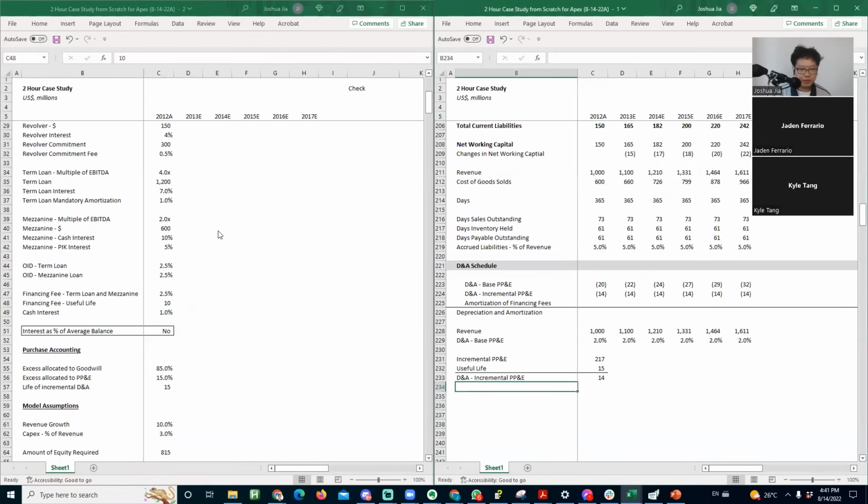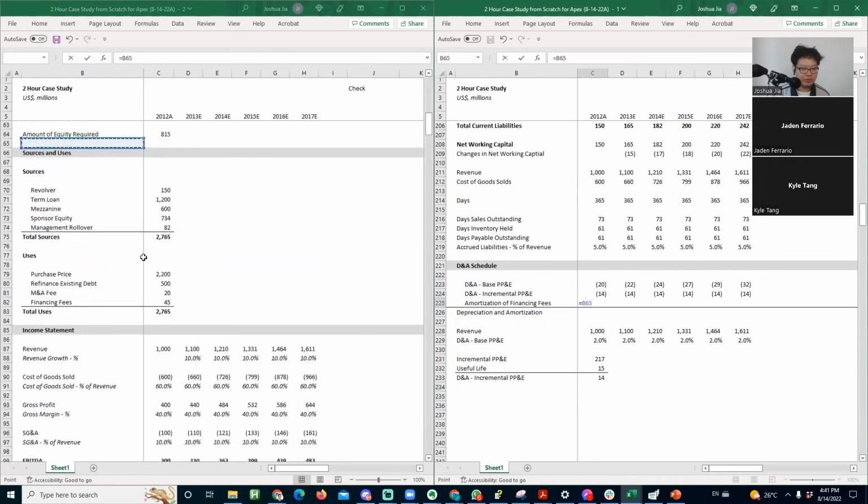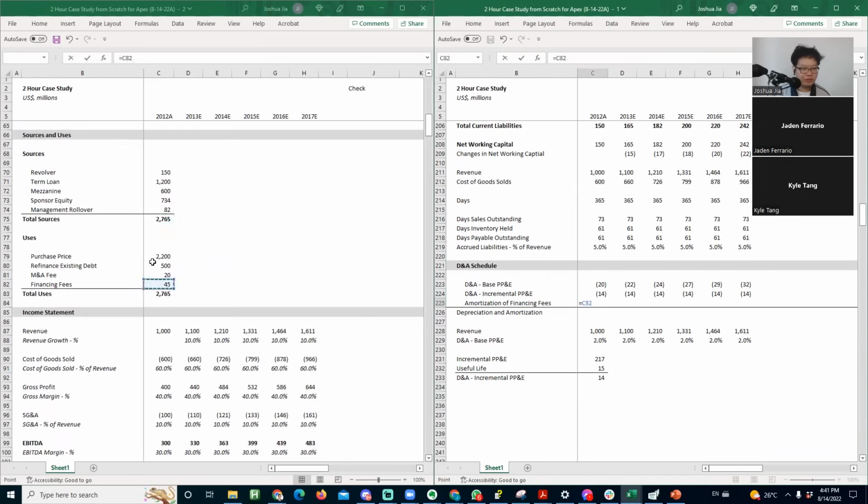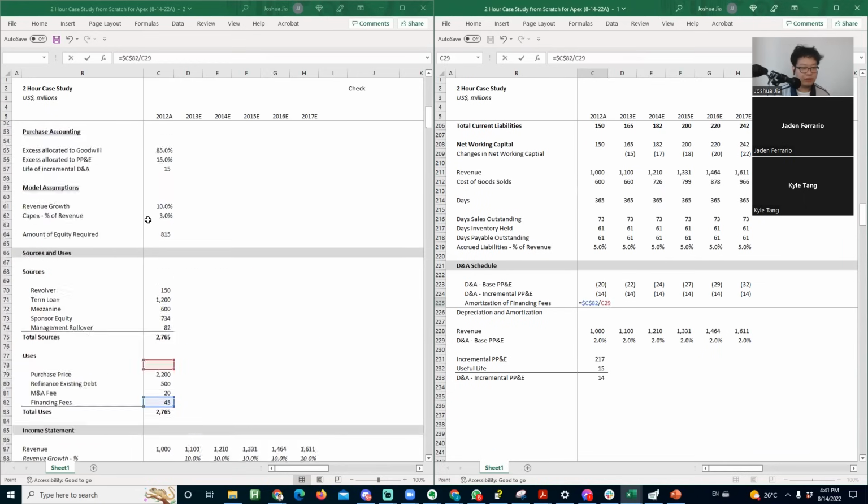Okay, so the 10-year useful life means we're going to take the original amount of the financing fees. I can take it from the sources and uses, 45 divided by